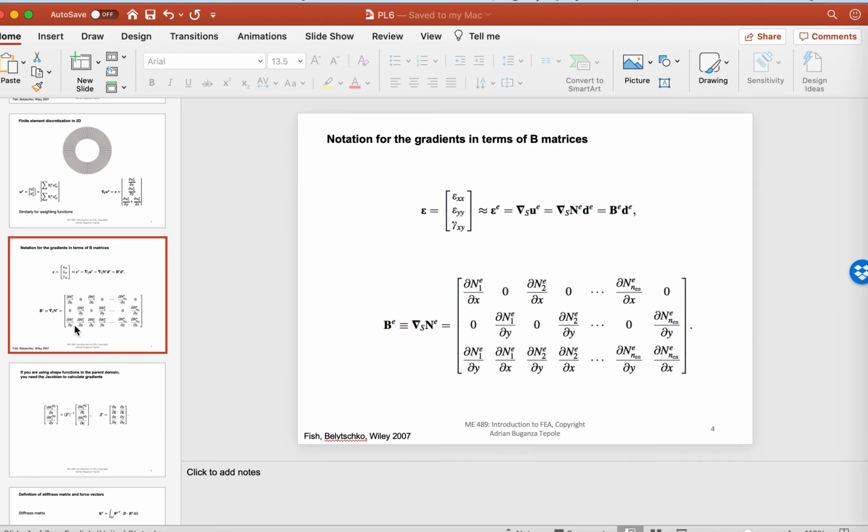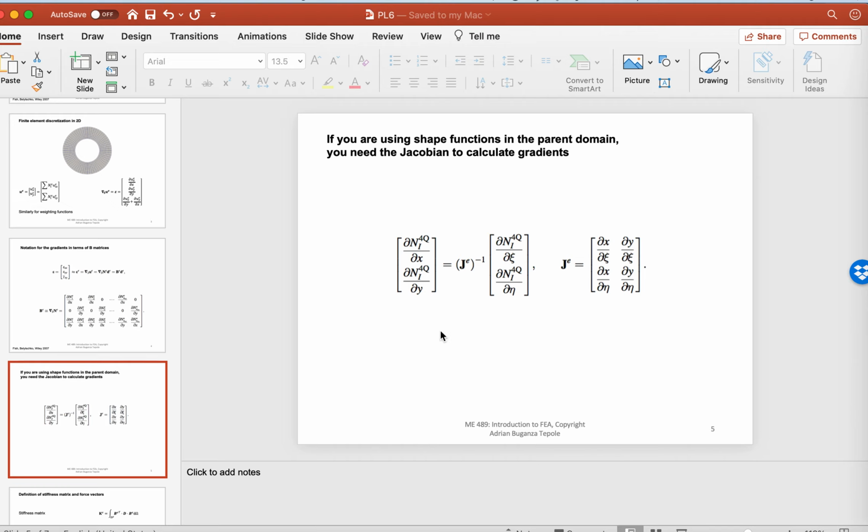In the triangle, I was able to assemble the B matrix straight away because I had the shape functions in terms of x and y. In this case, I have the shape functions in terms of xi and eta. So I need to build the Jacobian, take derivatives with respect to xi and eta, and then use the inverse of the Jacobian to get derivatives with respect to x and y. So that's going to be a little bit different. Anyways,